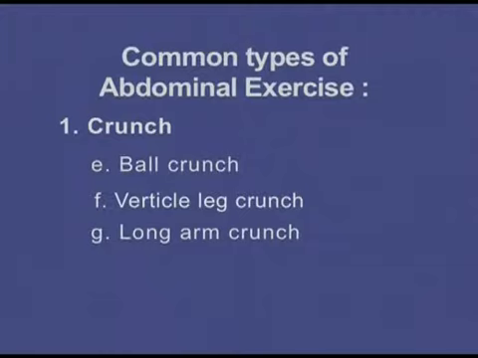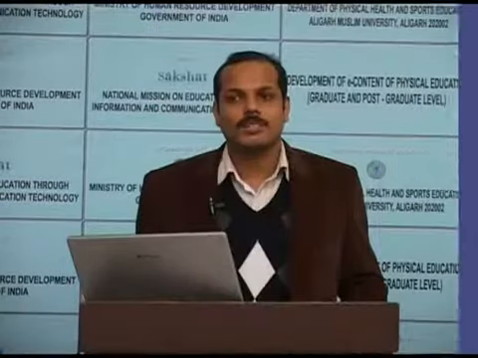So this is one of the commonly used exercises, the first type of exercise used to improve the strength and tone of the abdominal muscle: the crunches. There are variations of the crunches, and we will go through them later. The second type of exercise commonly used is the sit-ups. The difference between the sit-up and the crunch is that,